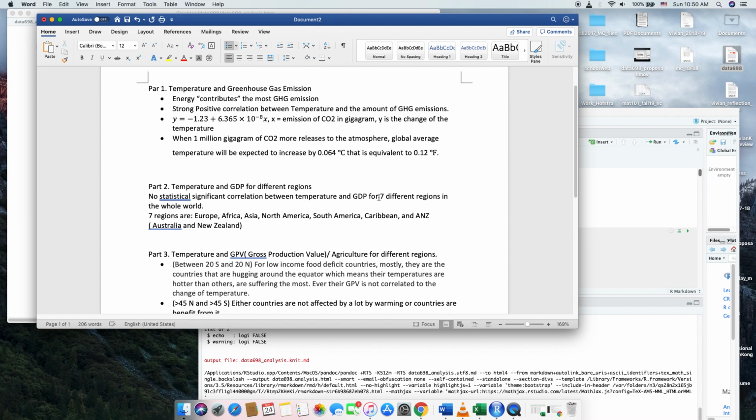And it makes sense to me because GDP doesn't only depend on one thing. There are so many things that will affect the GDP, technology getting involved, and so on, that will increase the GDP. And there are so many reasons causing the GDP to be higher or lower. It's not just only the temperature. So they are very complicated.